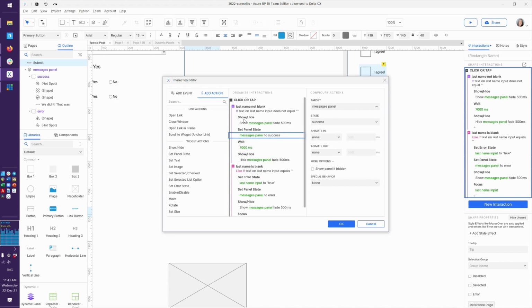Now, this might work out a little bit weird. This says show the panel and then set it to success. You do run the risk that people see that error message for a fraction of a second before Axure changes it to success. So I like to drag and drop this to change the order so that the panel state is changing while nobody can see the panel. The panel is not visible, it is hidden. We'll change it to success